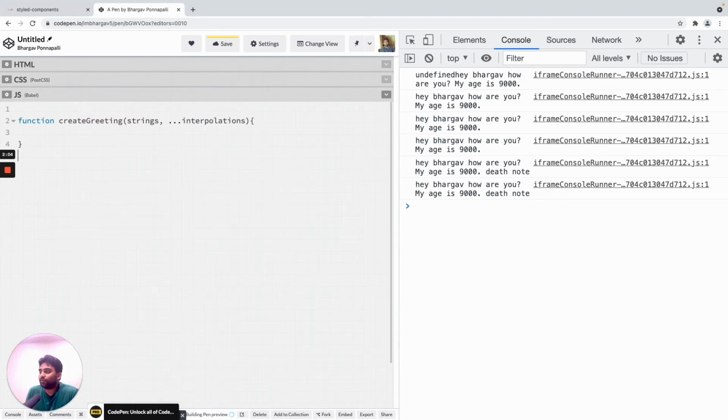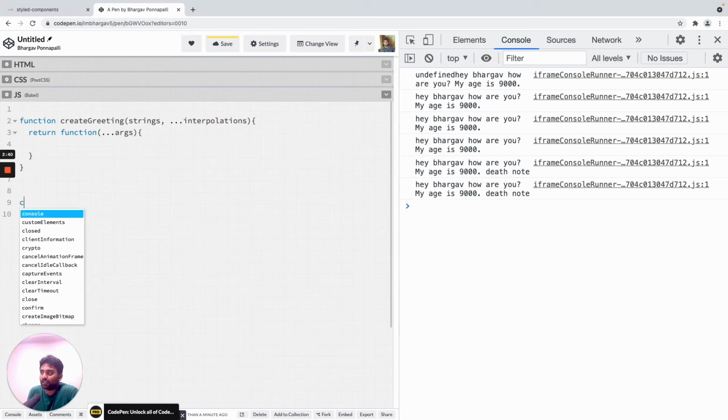I'll try to just put in the usage first. So let's return a function. This is only one level deep. I will return a function, and this function will take arguments. In the first kind of greeting, like hi Bhargav, it's only one argument. In the second example I gave, it'll probably be two arguments. But I don't care about the number of arguments. No matter how many arguments I give, I want this function to work. So I'll say function and take the arguments that the user is giving, and use them in the function. It will become more clear as I show you the syntax.